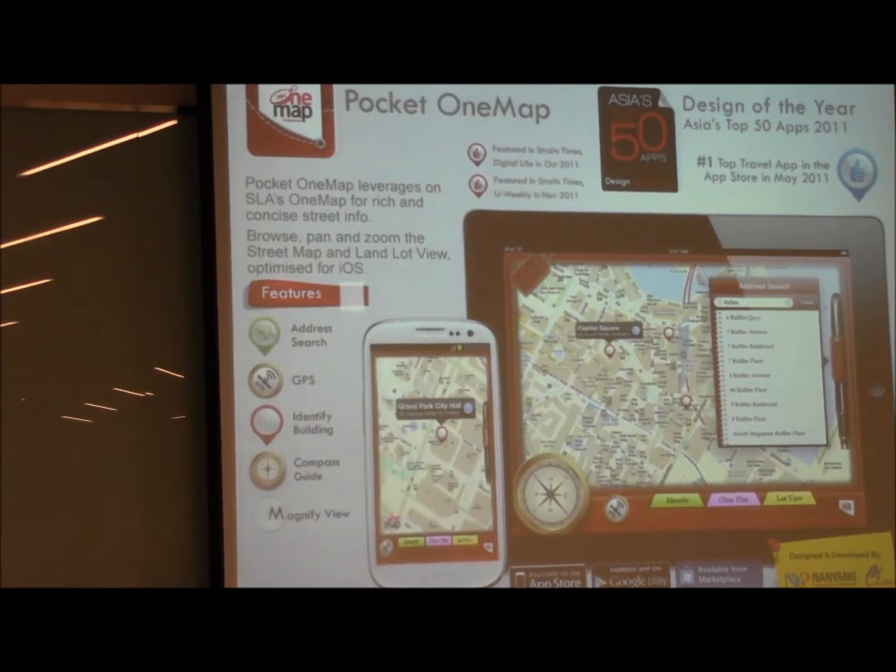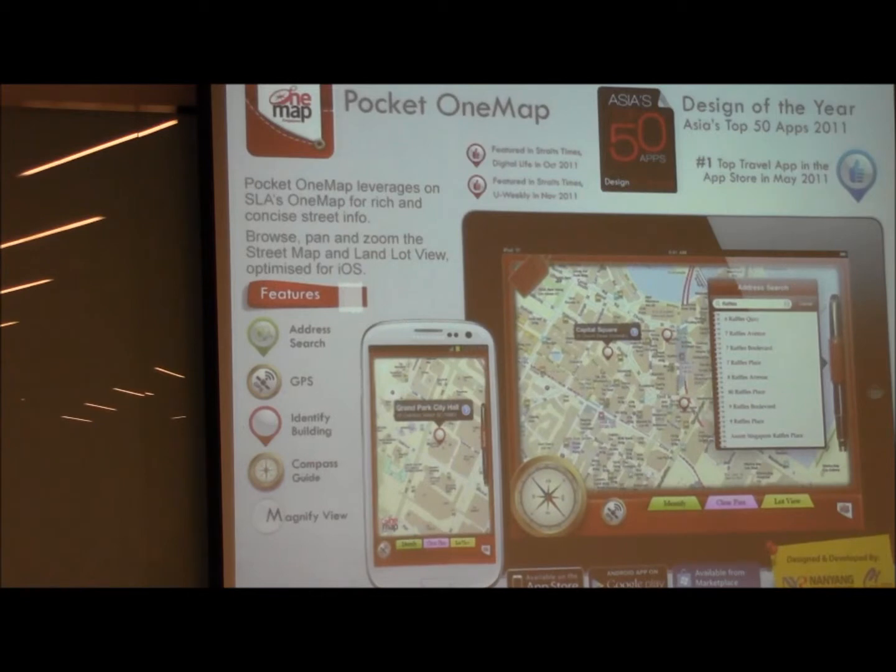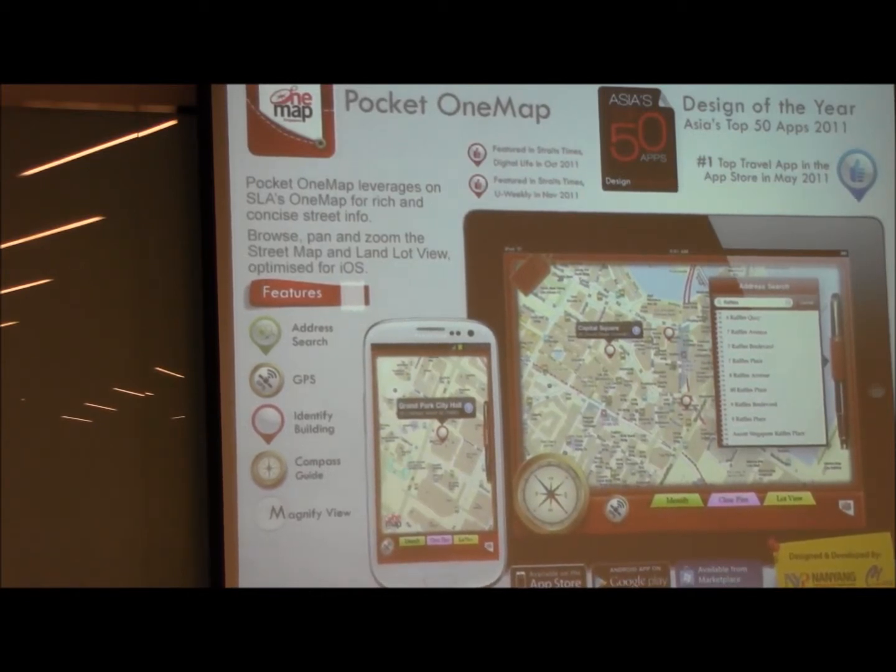We have a 3-year collaboration with them, so you will see new features being added. We try, on a quarterly basis, every 3 months, to add new functionality. One of the very sought-after features that we see on our App Store, where people leave comments, is the school query. It's probably unique to Singapore that parents are very keen to send their children to good schools.